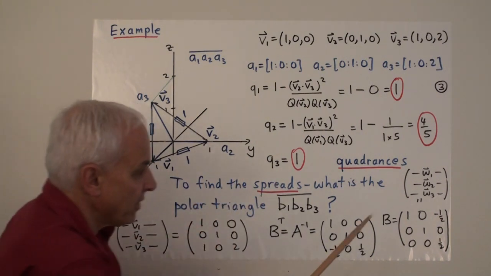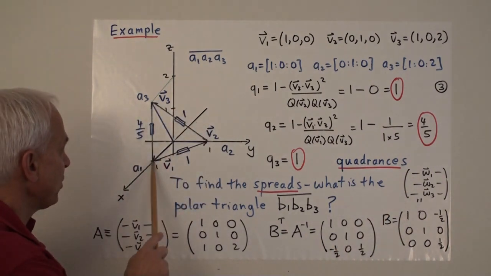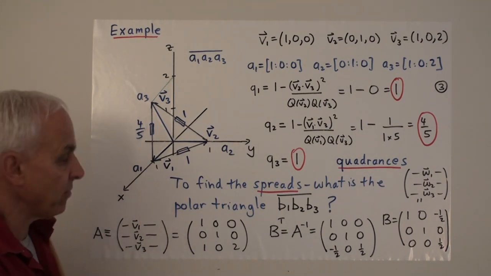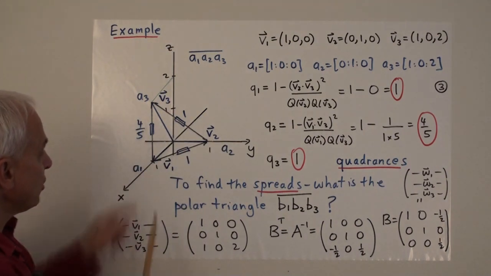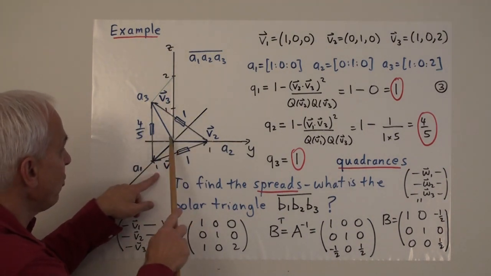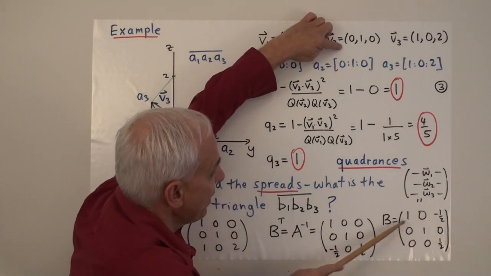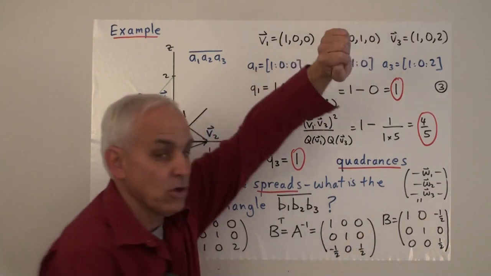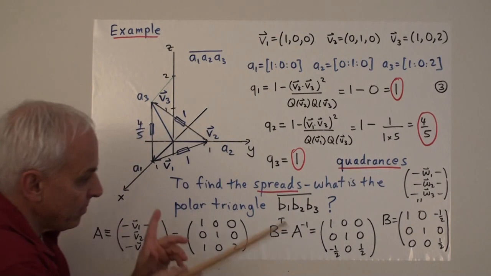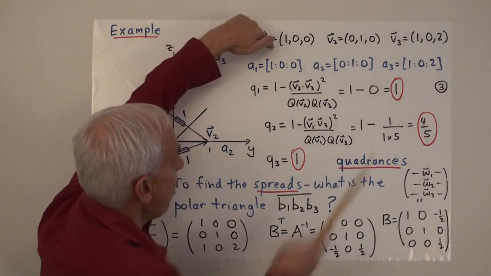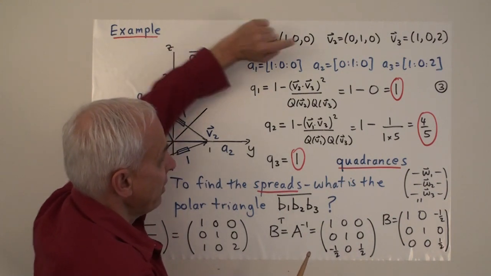So in this case, W1 is the vector 1, 0, minus 2. That'll be 1 in the x direction, 0 in the y direction, and minus 2 in the z direction. So the claim is that 1, 0, minus 2 is perpendicular to both V2 and V3. If you take the dot product between this and V2, you get 0. If you take the dot product between this and V3, you also get 0. Similarly, this one is the common perpendicular to V1 and V3. And this one here is the common perpendicular to V1 and V2.